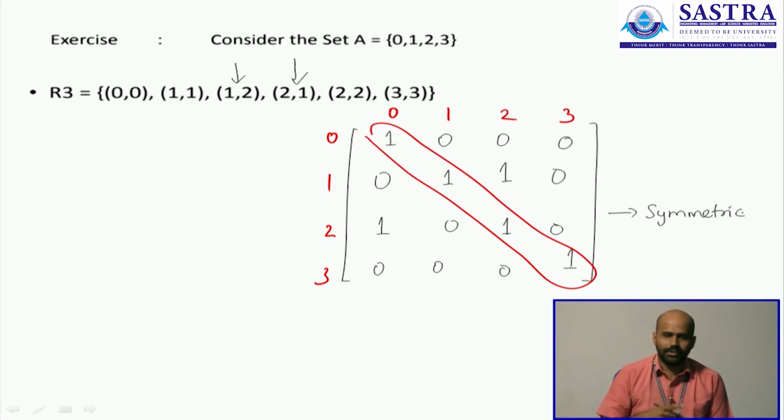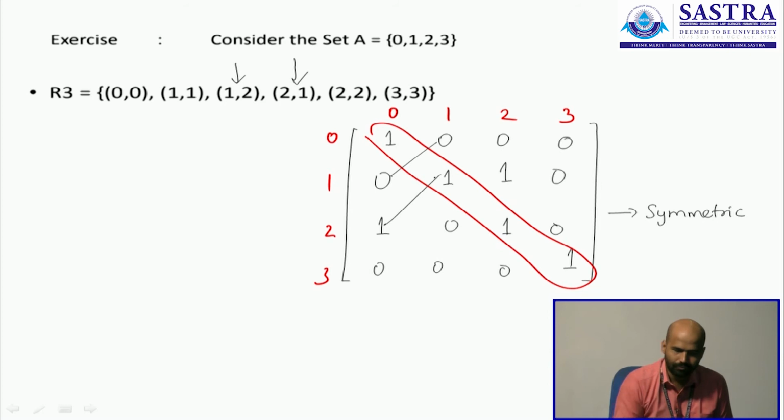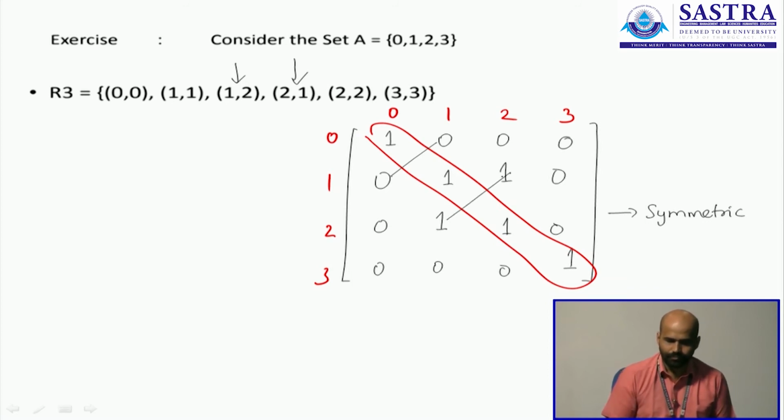What entries are there above the diagonal are also there below the diagonal, in a symmetric manner. You see, these two are same. (1, 2) and (2, 1). I'm sorry, I made a mistake, I'll just correct it. (1, 2) and (2, 1) are same. Of course, you have to neglect the diagonal, because the diagonal cannot be reflected with anything else.